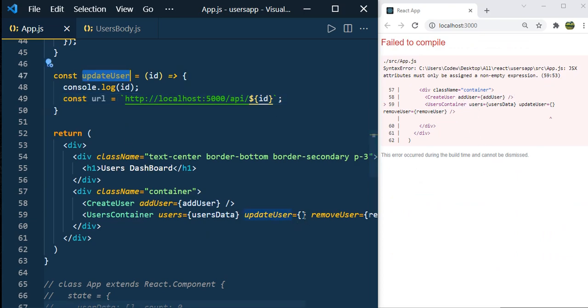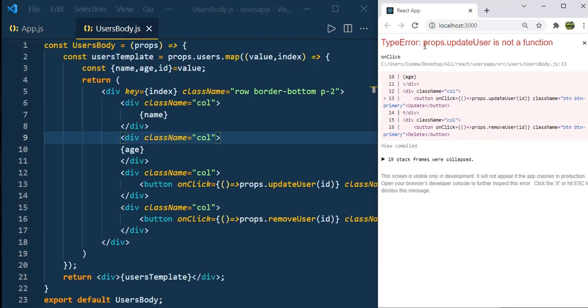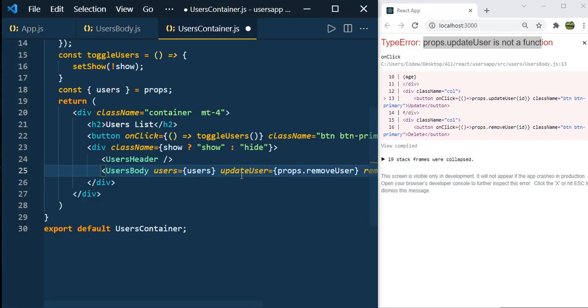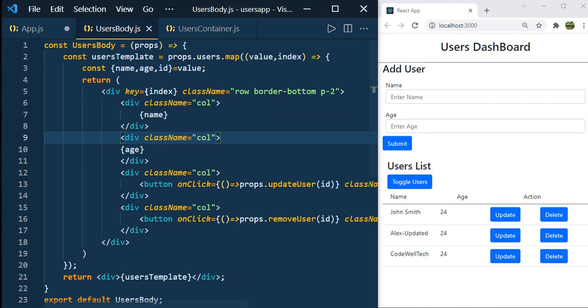So we need to pass this here, updateUser, save it, and when you click on the update user, here we are getting error, props.updateUser is not a function, because we need to pass this updateUser from the user container component. So Control Shift E, go to user container, so updateUser, and name of that function also updateUser. Okay, for updateUser, along with the id, let us pass the user also, so that makes our job easier.